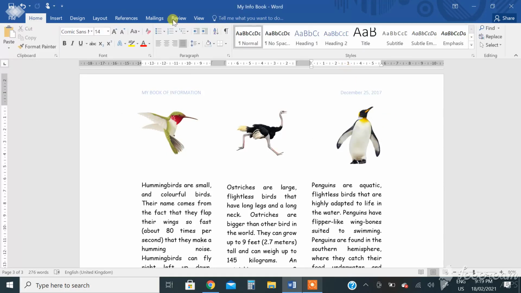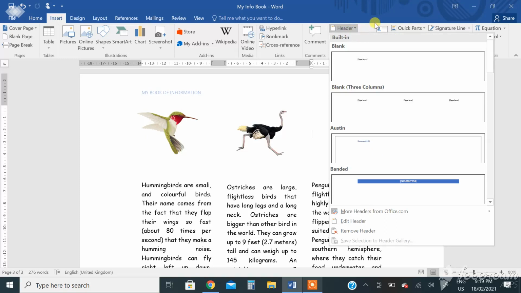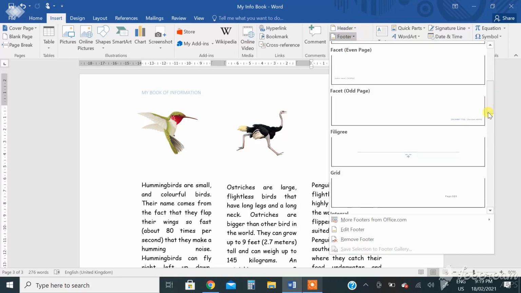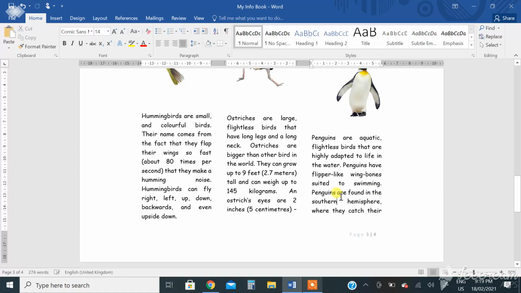Now again go to Insert and choose Footer, and for the footer also you have to choose Grid, and in Grid you can write page number. It's already given, so that's all. Now style should be Intense Quote.